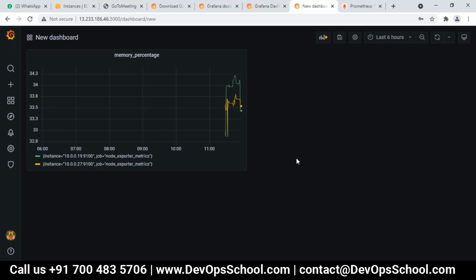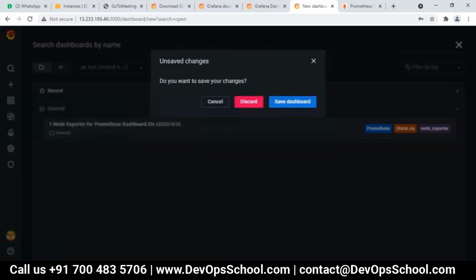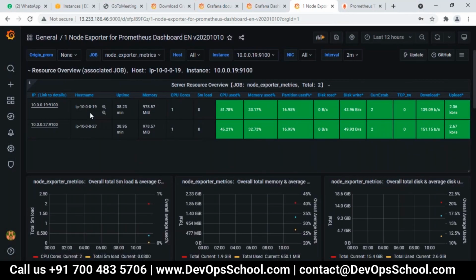Okay, sir, so looking at the graph, how can I know how much memory is allocated to these instances? This is the memory. The total memory allocated to this instance is 978 MB.